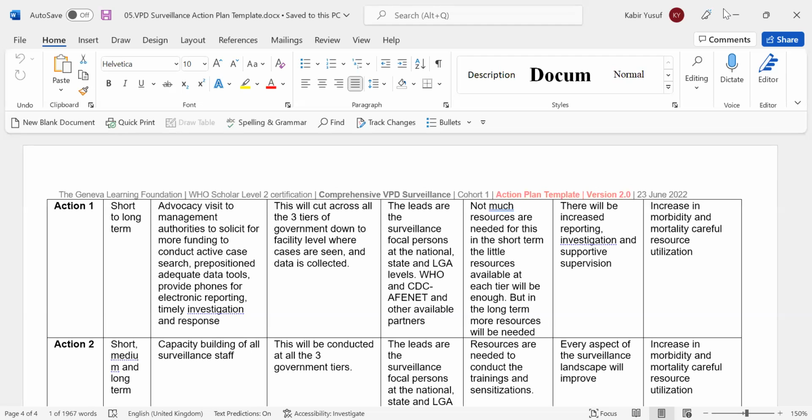It may be implied or not in the other people's action plans, but I thought it was really good and a show of how you've internalized the strategy, that you are looking for things that you can do to change the surveillance system. As has been mentioned, we know there are so many issues. There are a lot of things outside of each of our hands, especially as several of the presenters mentioned things like insecurity, difficulty getting to certain areas. There might not be anything that we as individuals can do, but there are a lot of things that you can do, and you've mentioned some of those. So that was really helpful.